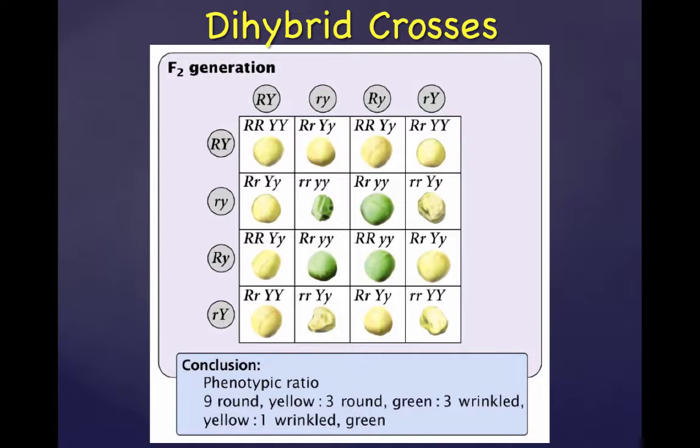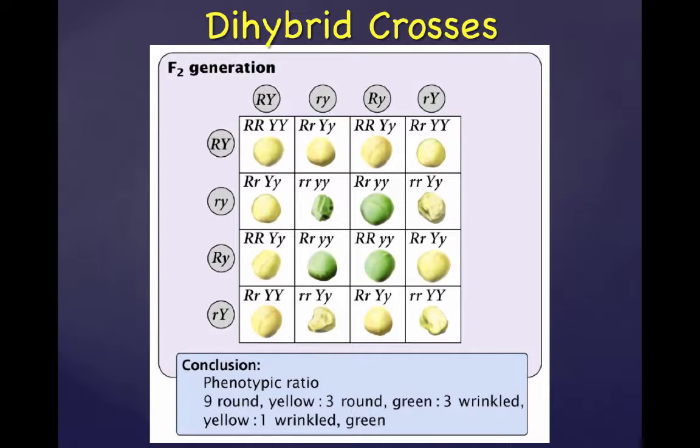So in this F2 generation, because we're dealing with two traits, our Punnett square actually gets a lot bigger. It more than doubles in size. So we go from 4 squares to actually 16 squares. And in typical classic Mendelian inheritance, a dihybrid cross for two traits that act in a dominant and recessive manner is always going to end up with a phenotypic ratio of